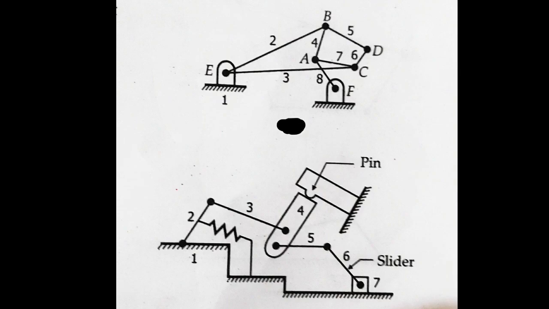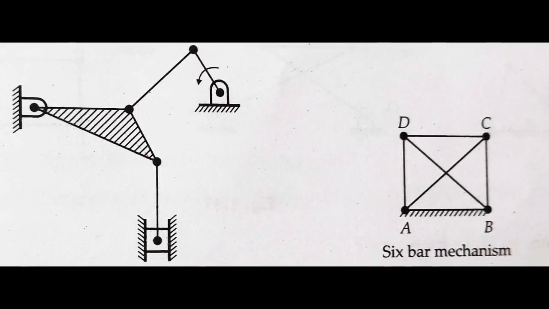Again, here on the top and bottom you have 2 more mechanisms. You can just study these mechanisms and obtain the degrees of freedom. Then these are another 2 mechanisms. You have a 6-bar mechanism over here. One of the links is fixed, so you can find the degrees of freedom for this particular mechanism. Also, the one towards your left has 1 ternary link, 2 pivots and 1 slider. You can obtain the degrees of freedom for this mechanism. So these are the 6 mechanisms which you can try practicing at home.